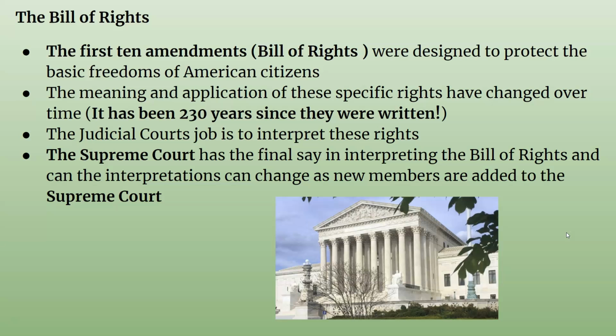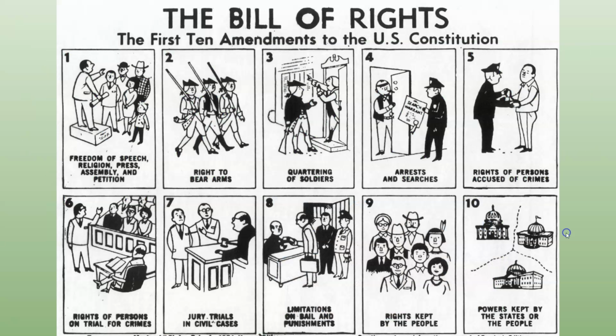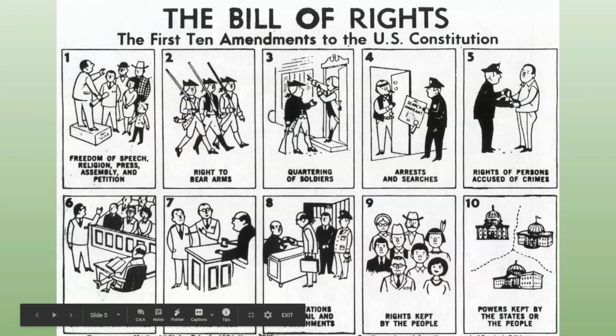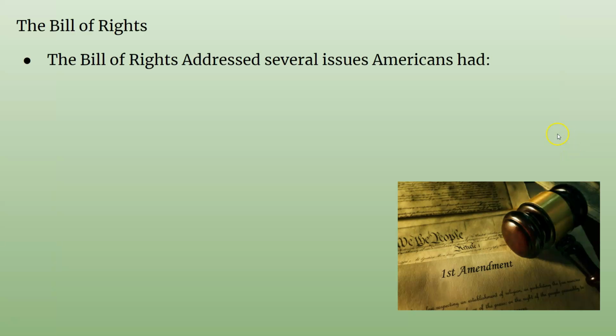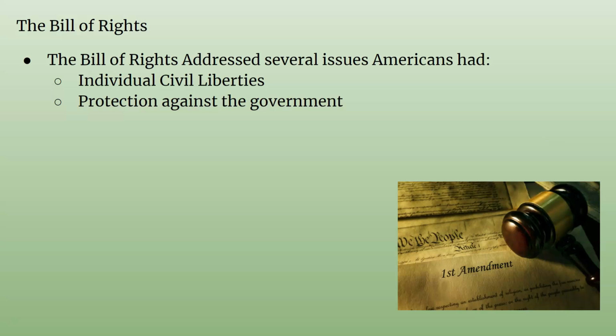As we go through the amendments, you'll see how some of the wording can be interpreted in different ways. This is just a good representation of what each amendment does, but we're just going to focus today on the freedom of speech, religion, and press, the First Amendment. The Bill of Rights addressed several major issues that Americans had: individual civil liberties,